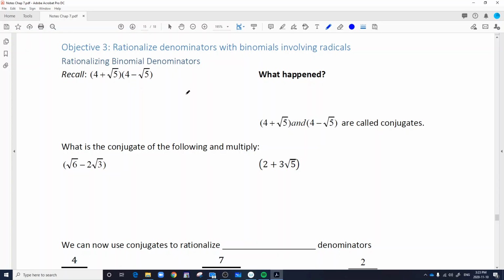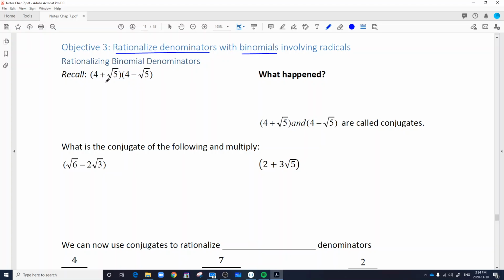Moving on from objective 2, in objective 3 we are still going to be rationalizing denominators. So we are going to be making sure that there are no radicals or irrational numbers in our denominators. But this time our denominators are going to be binomials, meaning there's going to be two terms in the denominator. So before we go into how to rationalize a denominator, I just want to remind you what happens when you